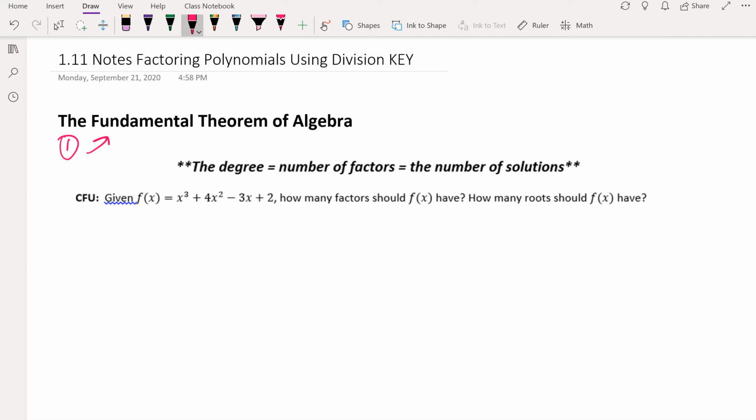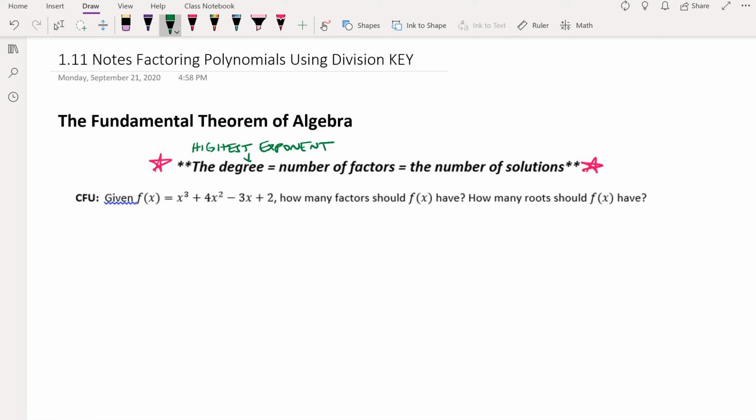All right, so make sure that you write this down. Write down this little note right here. This basically summarizes the fundamental theorem of algebra. It says the degree equals the number of factors equals the number of solutions. So really quick, let's make sure we break these down. The degree is the highest exponent